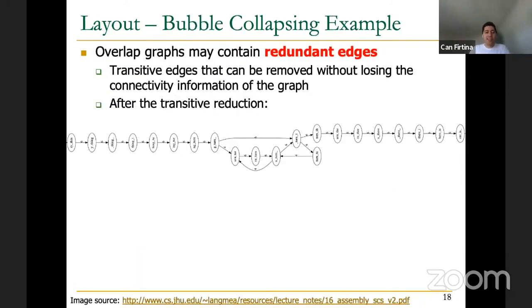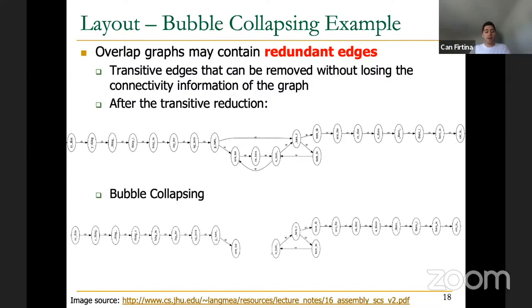So this is an example of how the graph would look after performing the bubble collapsing. This is how our earlier graph looks after we perform the transitive reduction. If we identify the bubbles and collapse them, then our graph would look like this. We further simplified, although we lost some information on the connectivity. Now it's less complex and less erroneous for us to generate the assemblies, because bubbles would make things a